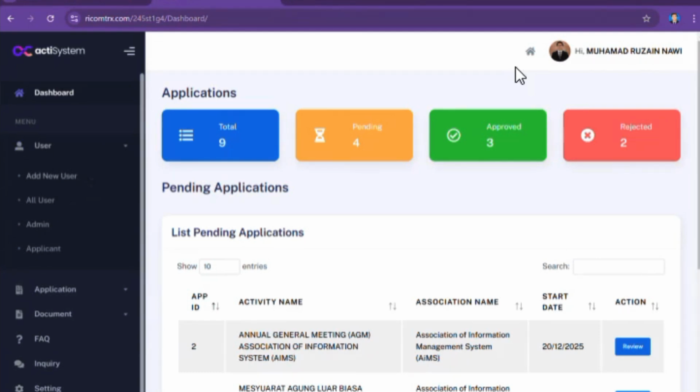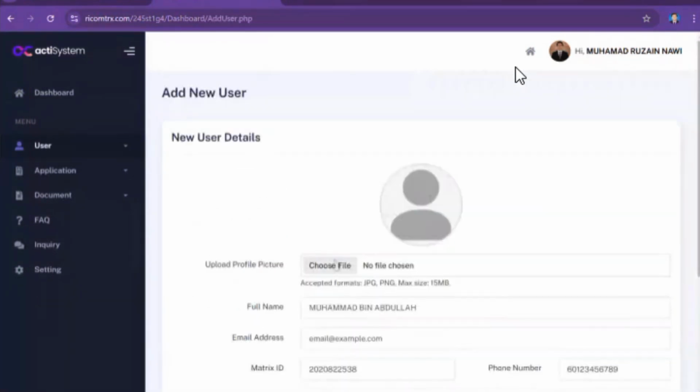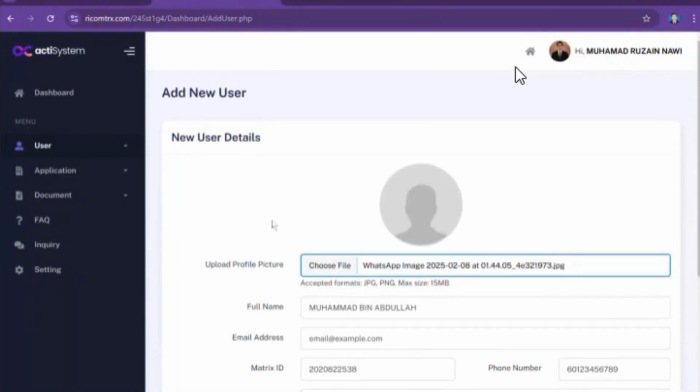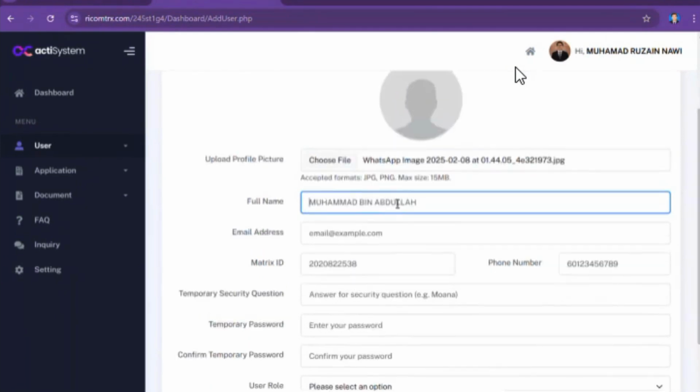When you click on it, it will bring you to the add user page, like the registration page earlier, but slightly different because it is for admin usage. So I'm going to demonstrate how to add a new user. So I click the image. As you can see, the image is slightly different. So I will add a new